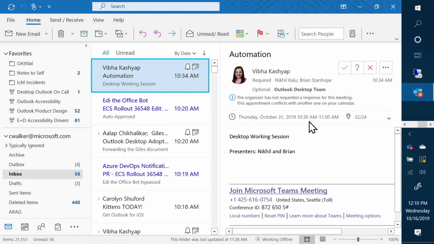So I mentioned that I used Shift Tab because I can go forward with Tab and I can go backwards with Shift Tab. And it's a loop as well, just like the F6 loop is. Now there's one spot where we break this rule, and it's anywhere that we have a message body. Anywhere we have content that you can type in freely. So whether this is the message body, a task, or a meeting request,